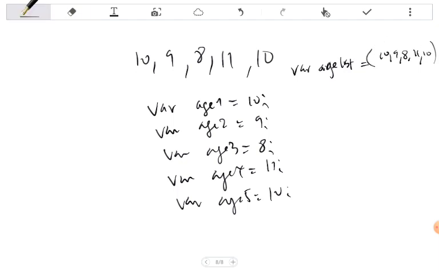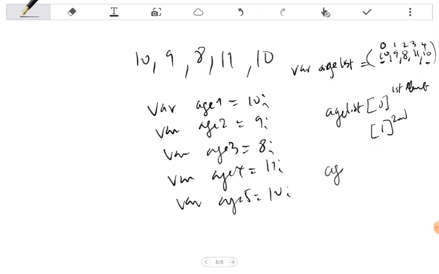Do you understand? Now if I want to refer to the first one, how do I call the first 10 and not the second 10? This is how you go about it. We use an index. The index starts at 0, then 1, 2, 3, 4. That's why you have to be orderly when working with arrays. When you say index 0, you're talking about the first element. When you say index 1, you're talking about the second element.